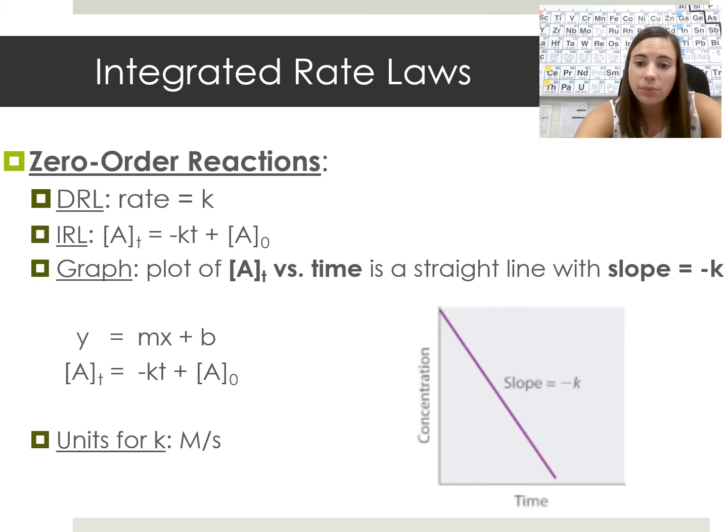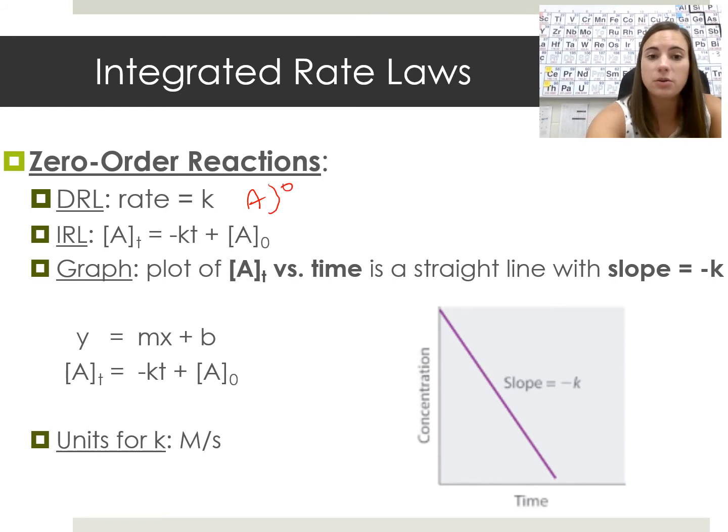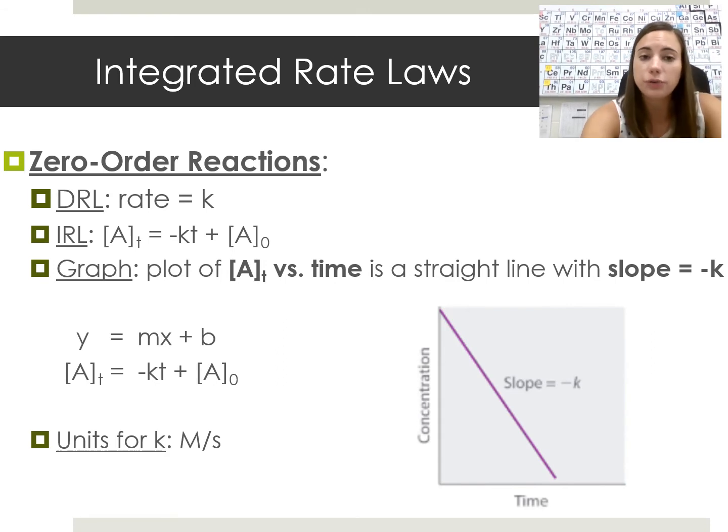So in a zero order reaction with one reactant, rate just equals the rate constant for my differential rate law. I have no reactant concentration because it's raised to the 0, which means it's 1, so we don't include that in the differential rate law. So for zero order, my graph is simply of time versus the concentration, and my slope is equal